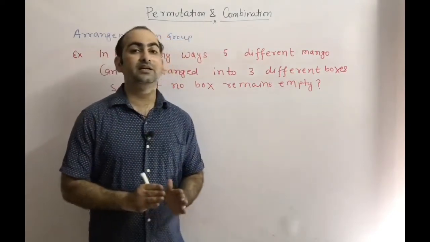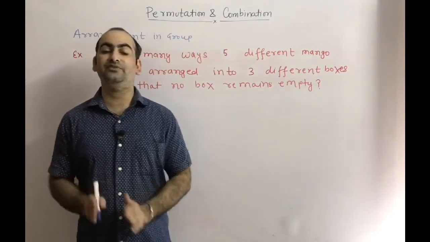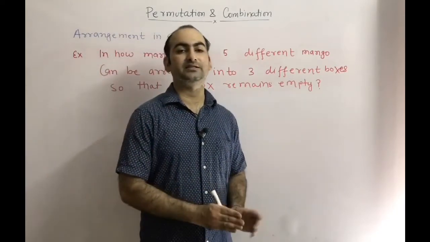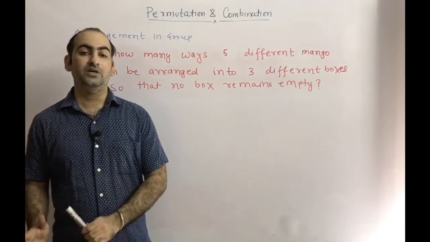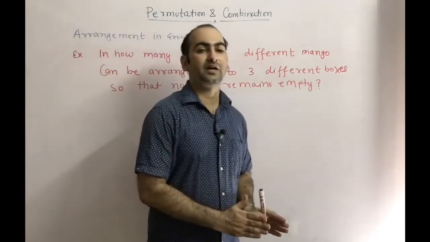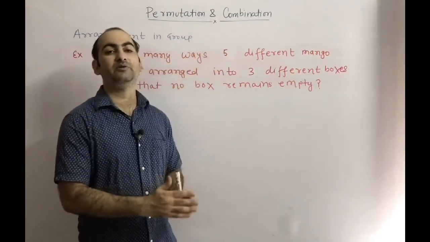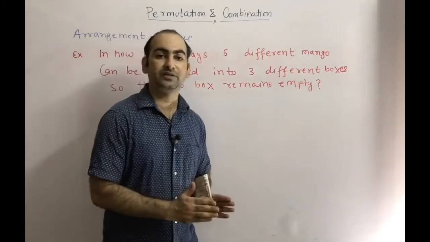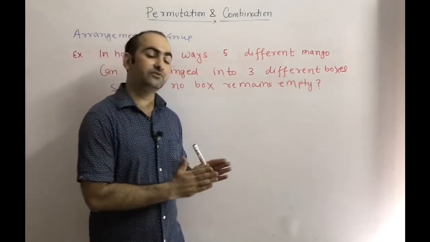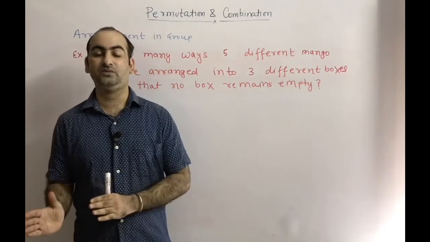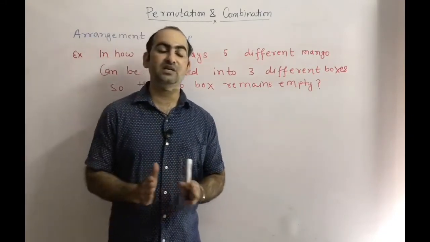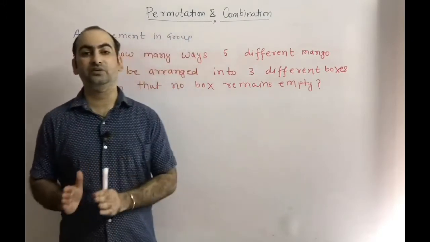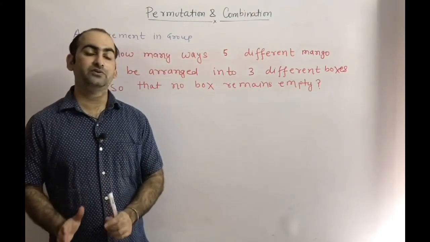So we discussed arrangement in groups. In this one, internal arrangement also we have to count as a different way. For example, we have n things, and we have to arrange these n things into 3 different groups. Suppose in the first group 4 things are coming, and internally in how many ways can we arrange these 4 things? That is 4 factorial, that is 24 ways. These 24 ways we have to count differently. So here internal arrangement also matters. Whenever these types of problems come, we have to take care of internal arrangement.